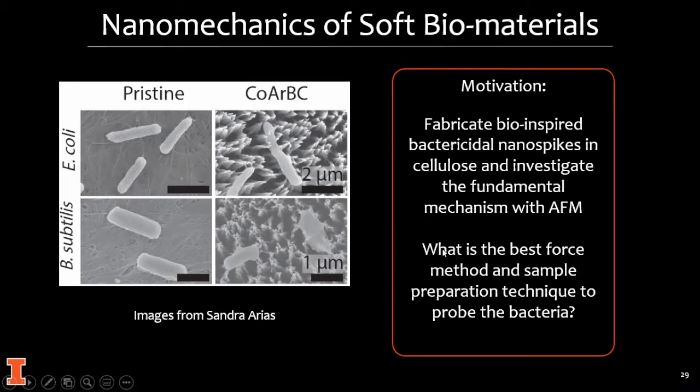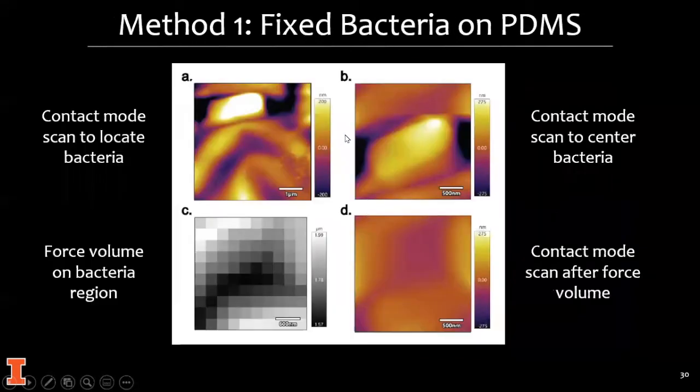So we thought, what if the membrane stiffness is impacting this ability to be pierced by the substrate? And so we wanted to develop a force method to probe this and see if there's any differences between the membranes. So the first approach we did was we tested out the same technique that we did on the graphene, which was do a pre-imaging, locate your bacteria, and then perform your measurements. The problem is that the bacteria is pretty large, a couple microns wide, and the tip can easily push it aside when you're imaging. So we tried a wrinkled PDMS substrate to wedge a bacteria between two wrinkles,